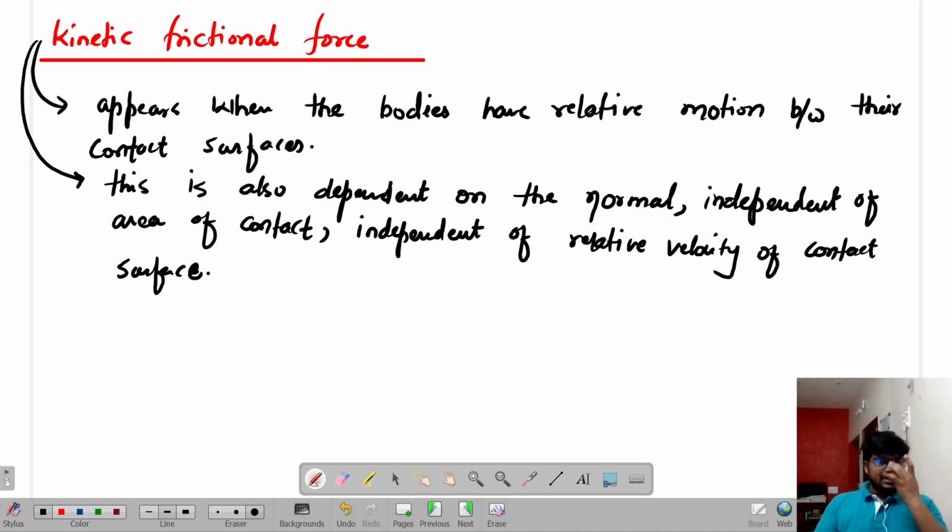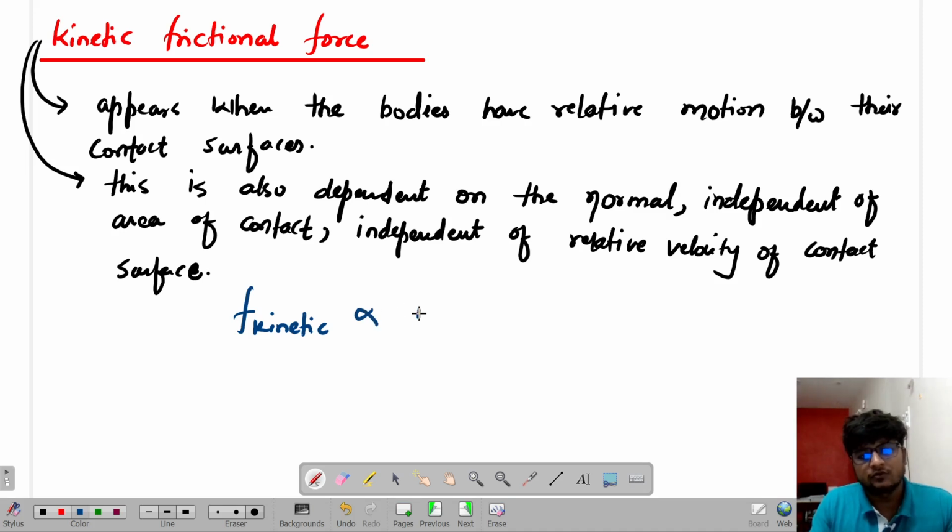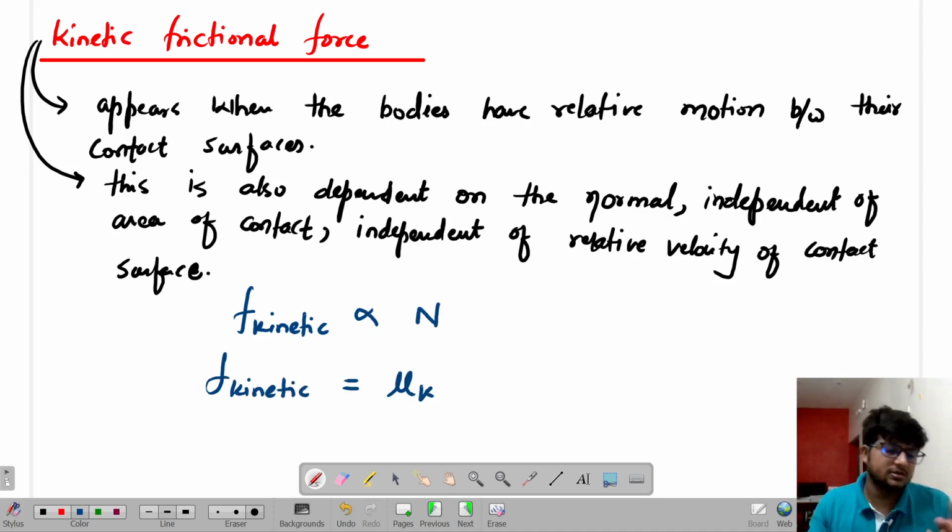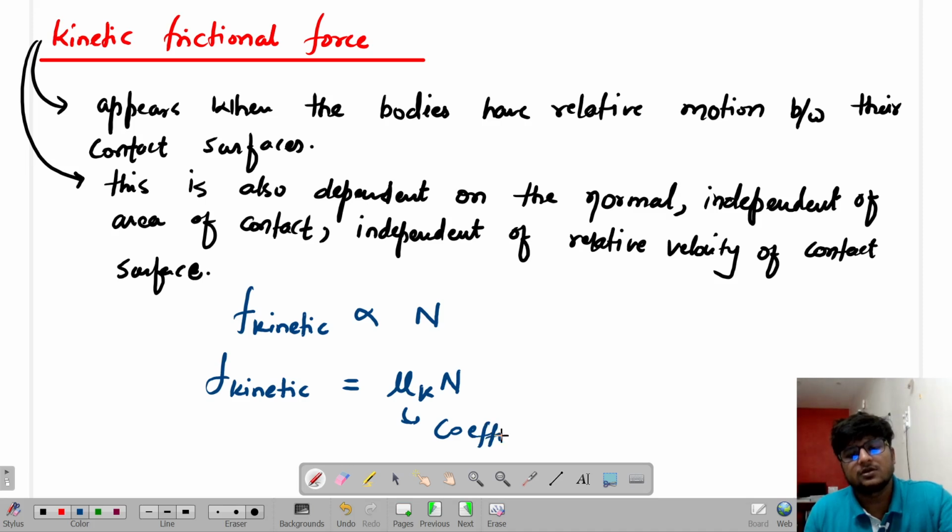Okay, and this is why this kinetic friction is written as, again, dependent on what? Normal. But this F kinetic is written with, basically you know that in relative motion there will be less contact, so we give the coefficient of friction as mu. Why? Because I have a different kind of contact, right? Is that clear? Now it is not self-adjusting, it is totally dependent on the weight of the body. Do you get me or not?